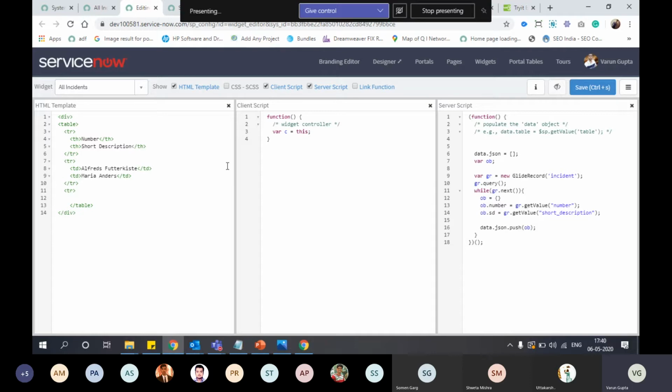To push this data from server side to front end, we will use Angular ng-repeat.